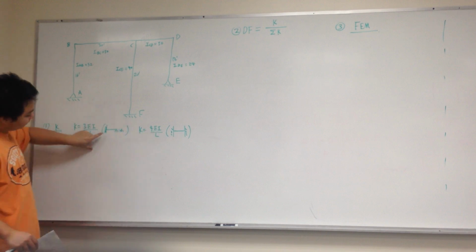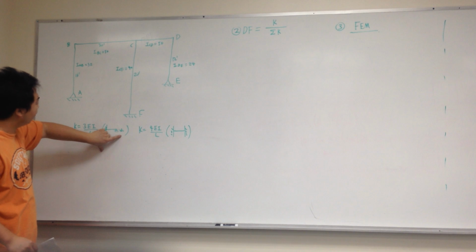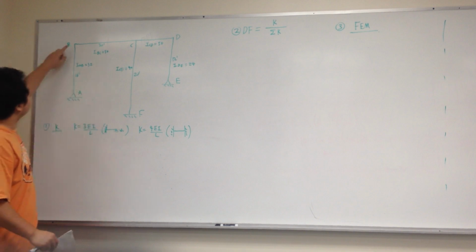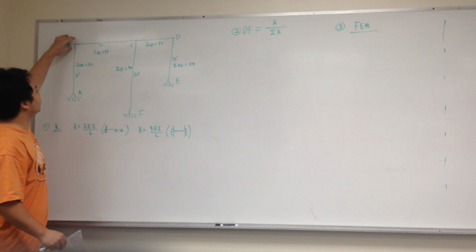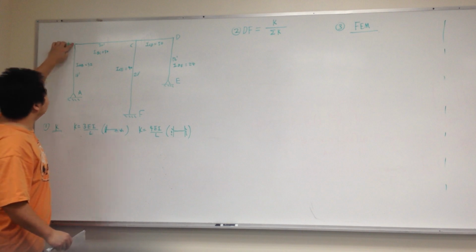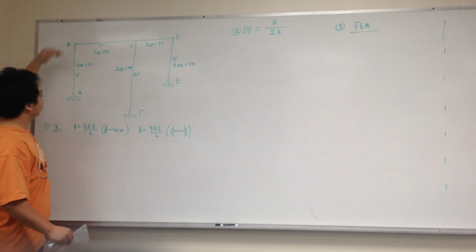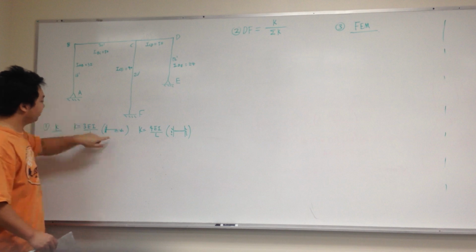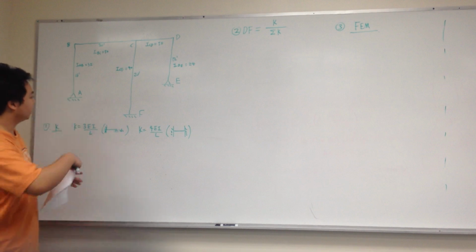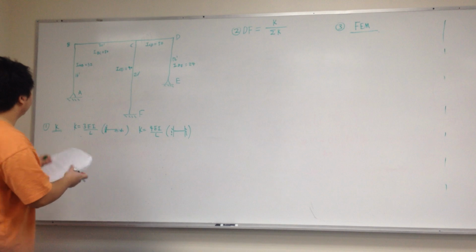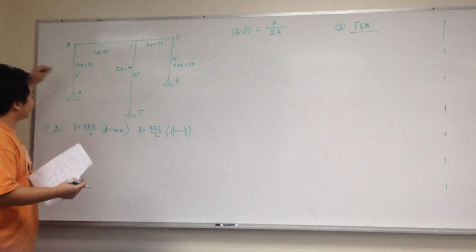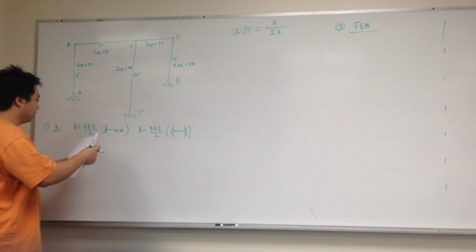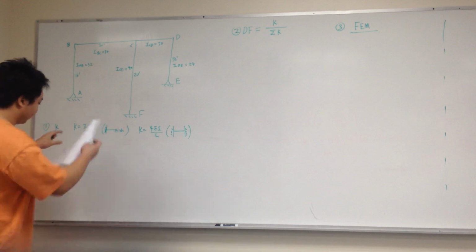And for fixed and far end pin or roller, in this case you have B, because this is a fixed joint, so you consider this as fixed. So you're going to have a fixed and a far end pin, and you use this formula for it. So let's start. KAB is the same as KBA, so it doesn't matter. Start with